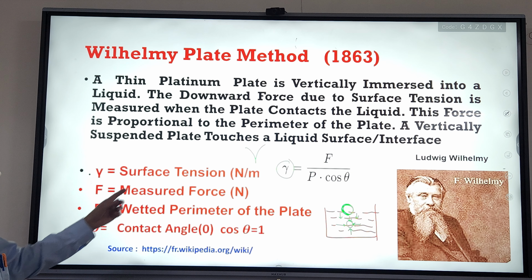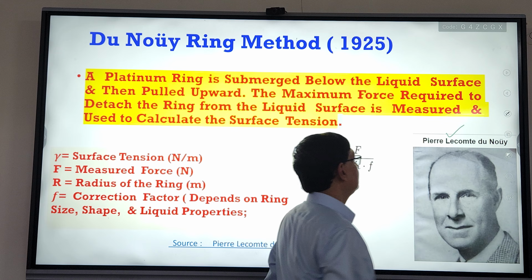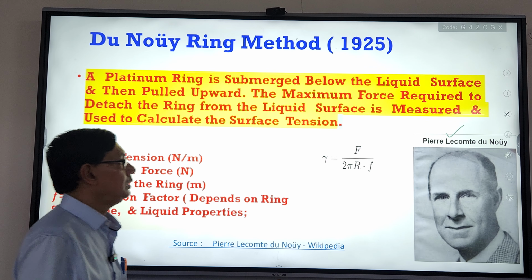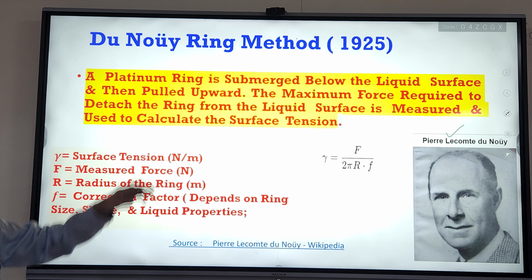Du Noüy ring method. And this was discovered by the great French scientist Pierre Lecomte du Noüy in 1925. There are large papers also available. So in place of a plate, here we'll use a ring. I'll show you that ring photograph. And the theory is almost the same, that the platinum ring